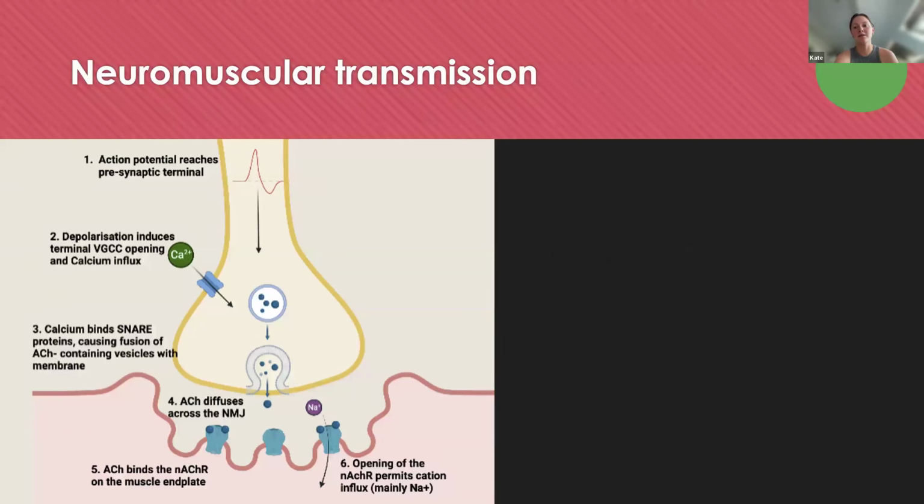And the neuromuscular junction is a junction between an alpha motor neuron here and the muscle fibers of skeletal muscle, which form the motor end plate, which is what you see in pink at the bottom here. It's chemical transmission through neurotransmitter release, and it allows contraction of the skeletal muscle and movement of